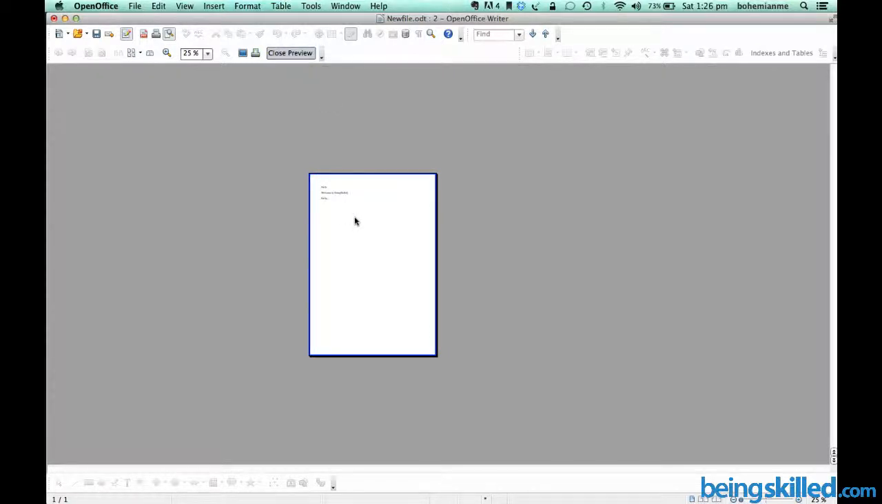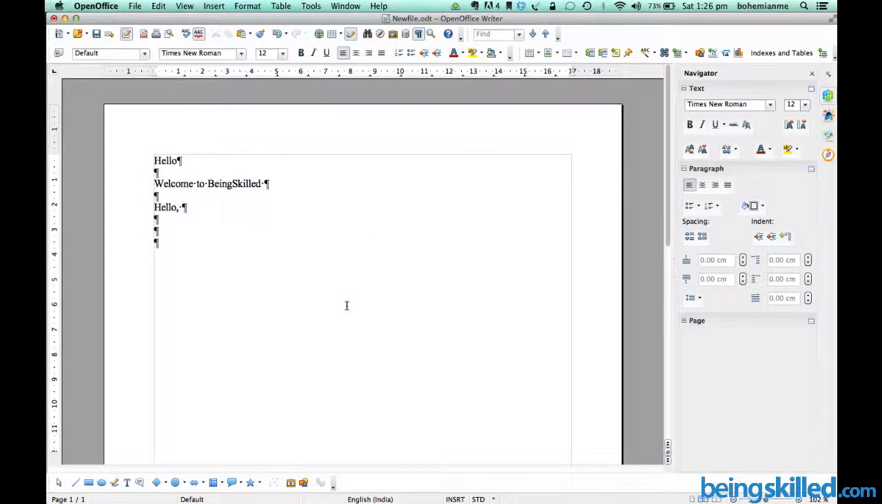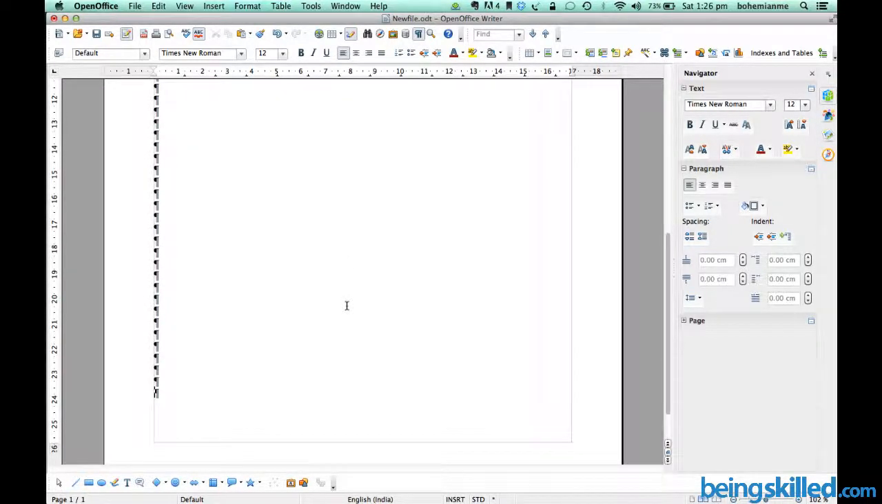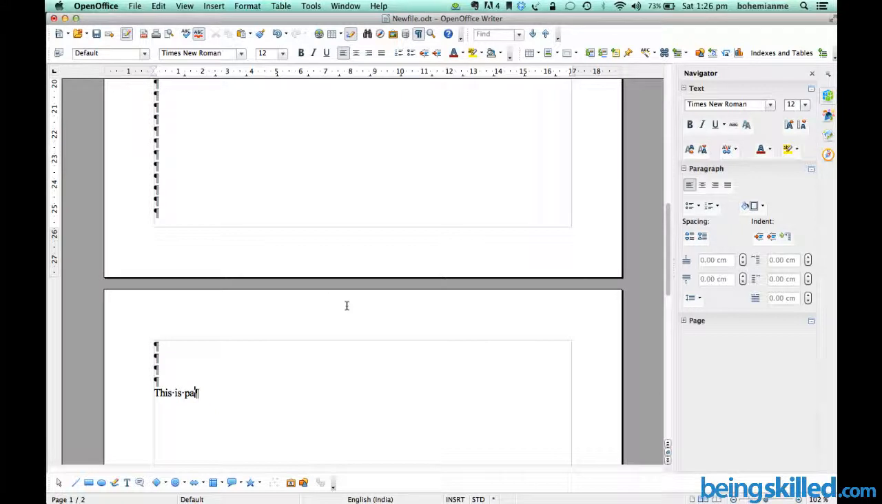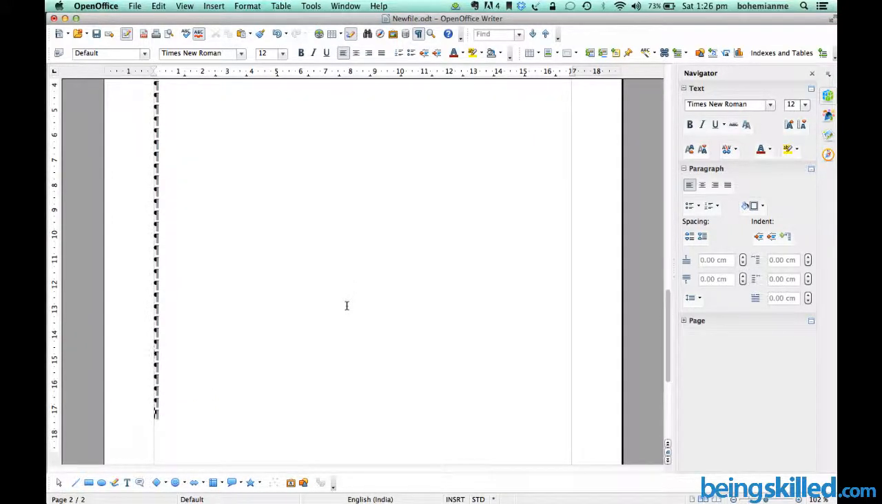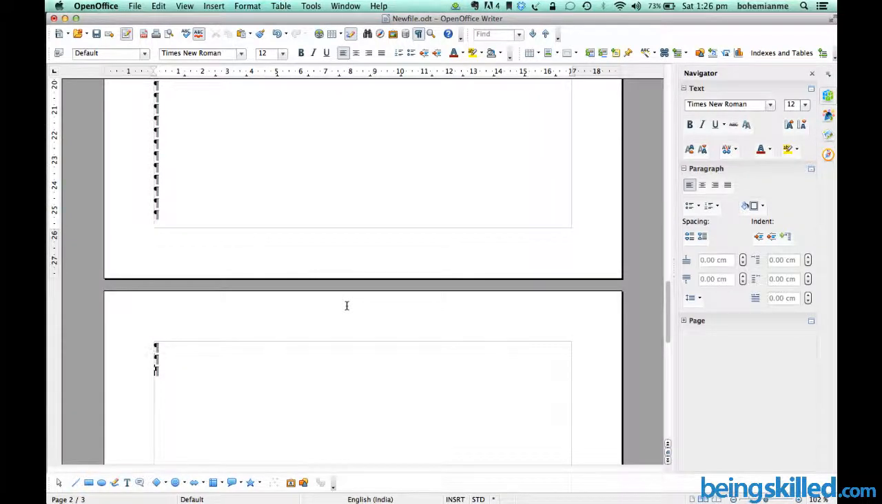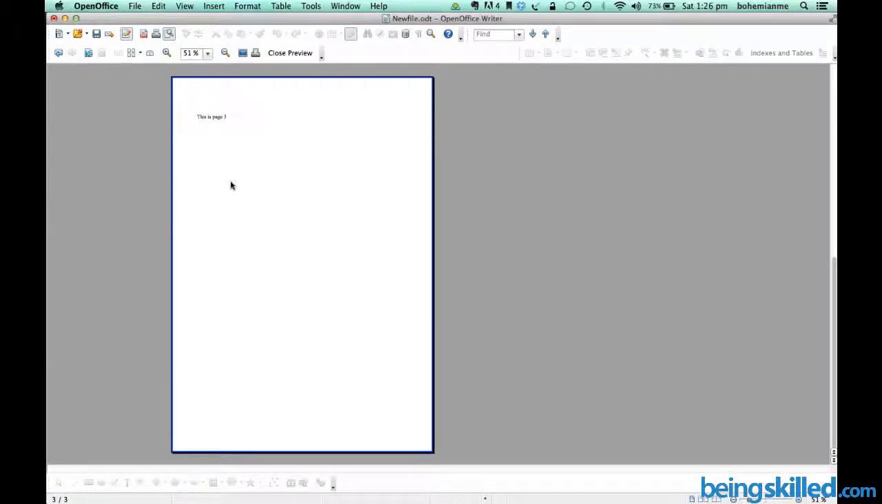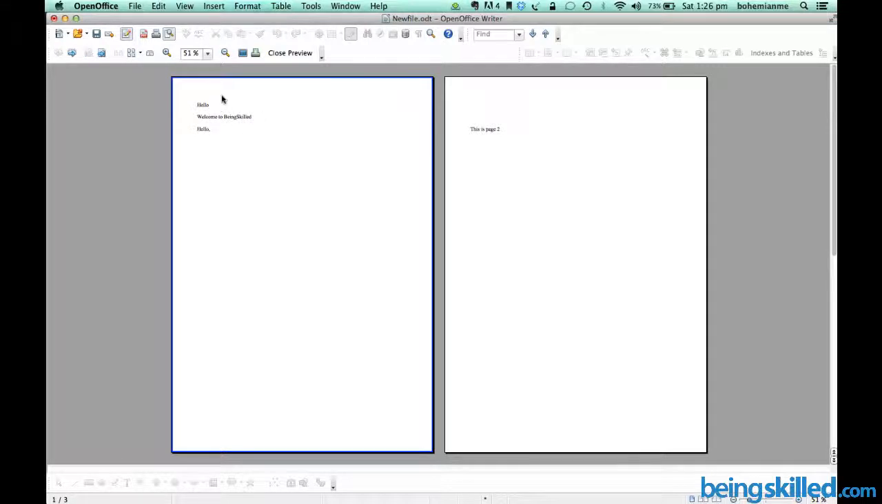If you have multiple pages, then also it's very easy. So let's create new pages in this document. Now this is page 2, then creating another page 3. Yeah, so here is this page 3. Now if we go to page preview, this is a single page. Now if you want to see multiple pages, we have selected this one, preview pages, 2 pages,